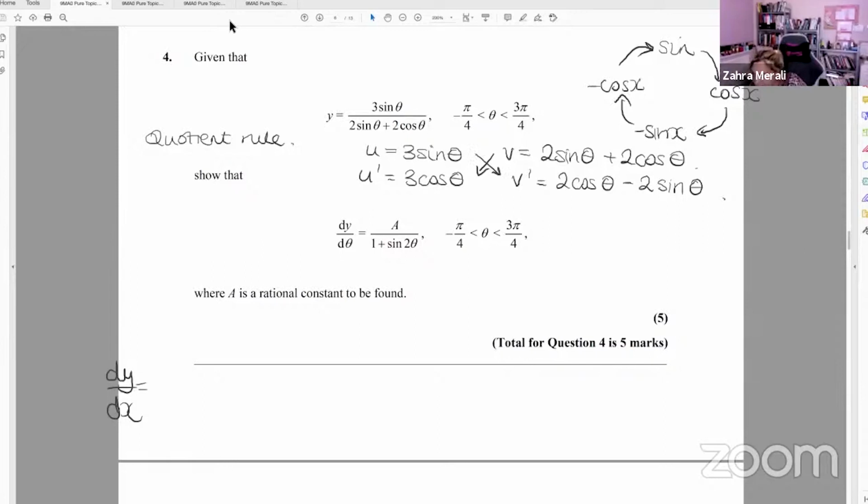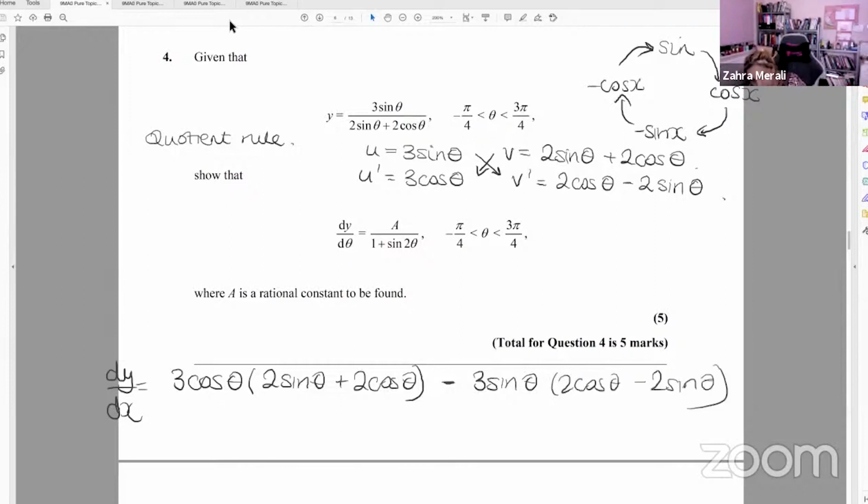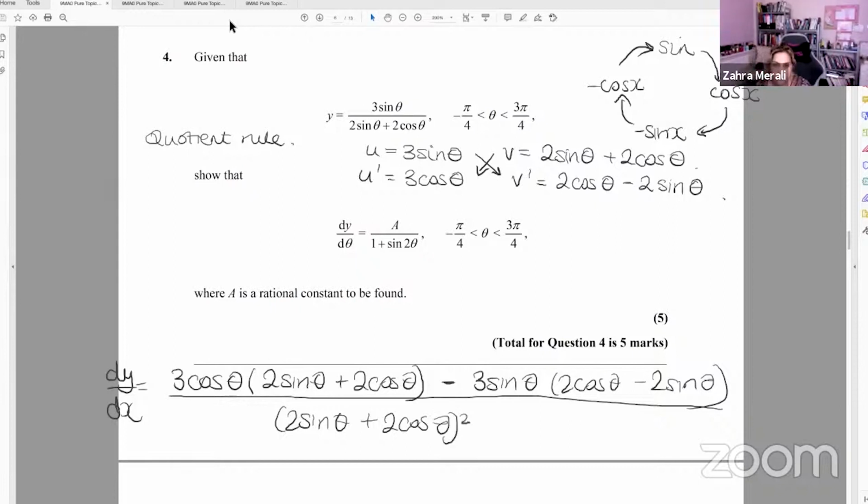So we're going to get 3 cos theta multiplied by 2 sine theta plus 2 cos theta, minus 3 sine theta, 2 cos theta minus 2 sine theta. And the formula is all over v squared, so 2 sine theta plus 2 cos theta all squared. Okay, so let's expand the top because we want it to look like that over there. All right, so when we expand it, we get